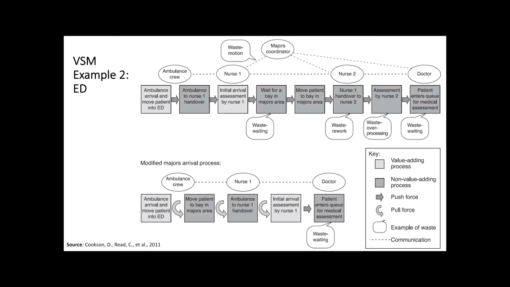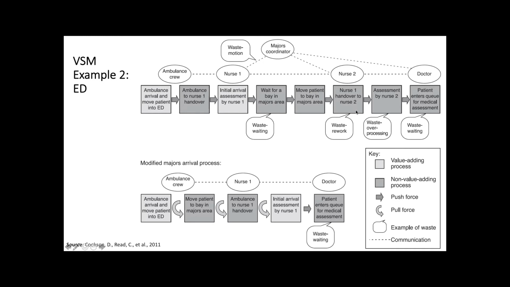And to me, I mentioned that in the previous session, that looked really redundant for someone who has pain in the foot. I'm like, someone just did this a little while ago. Why do we need to repeat everything? But that's one example of how redundant operations are. And then after the assessment by nurse two, finally the patient is ready for the main doctor to come and visit. And usually this also is a long waiting process till the doctor is in